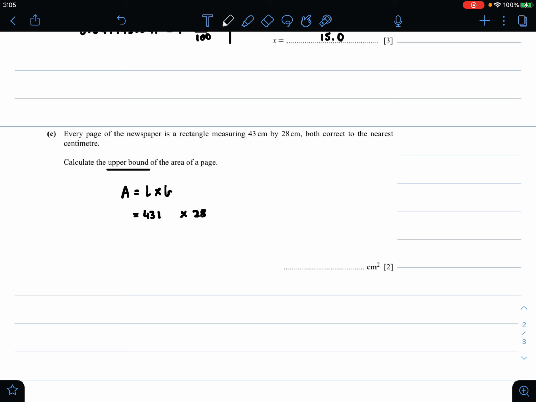So instead of 43 we will use 43 plus 0.5, and instead of 28 we will use 28 plus 0.5. So now all we need to do is input this in your calculator. So 43 plus 0.5, which is 43.5, multiplied by 28 plus 0.5, which is 28.5. So 43.5 multiplied by 28.5 is equal to